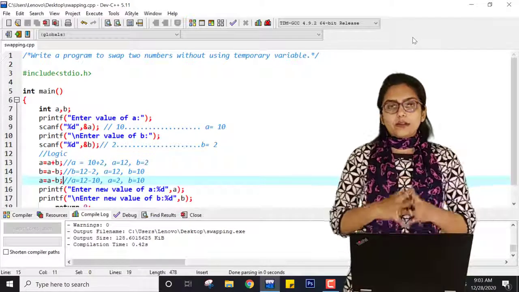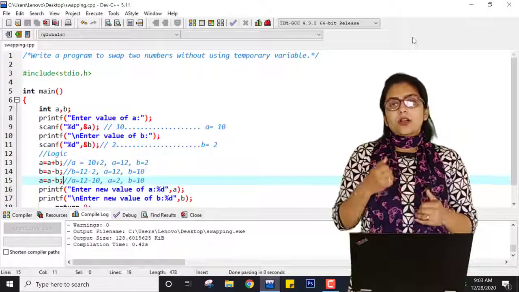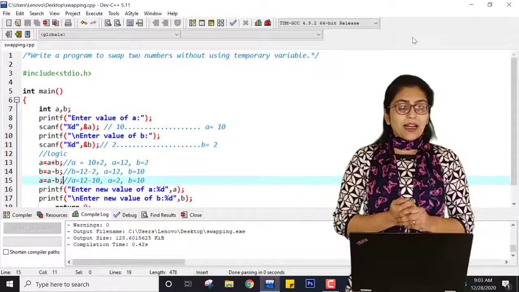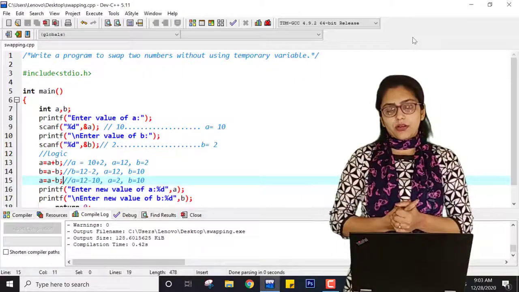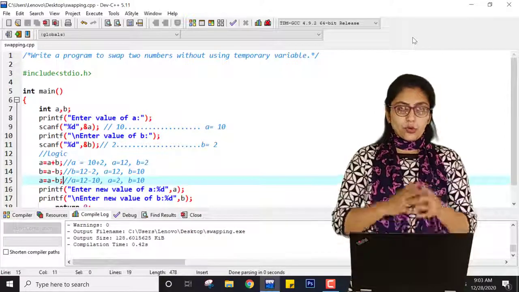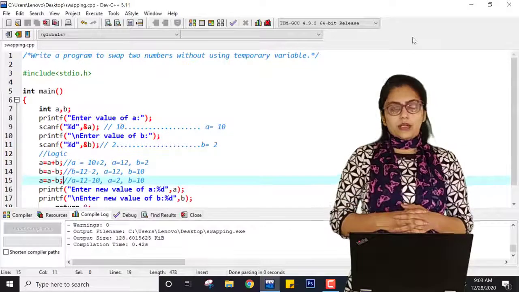If you have understood the concept of scanf very well, and if you are logically rich, then only you will be able to perform this program. Many students find this program very difficult. But if you go through the logic conceptually, and don't mug up the logic, then it will be easy for you to understand this.